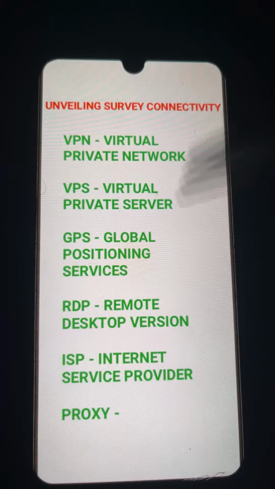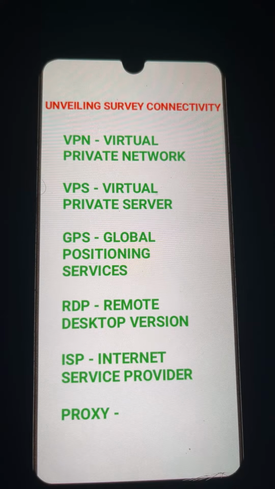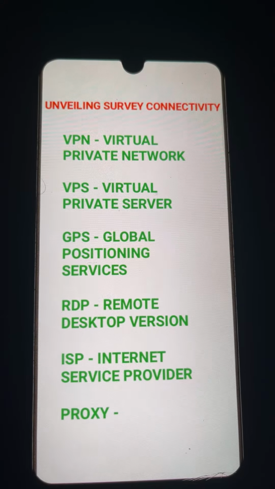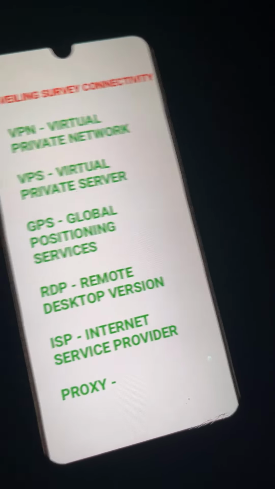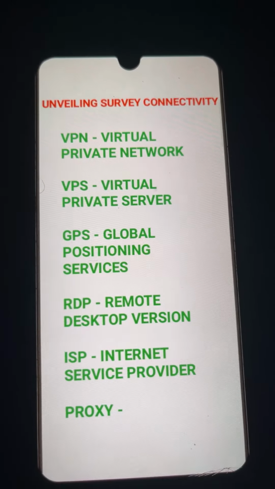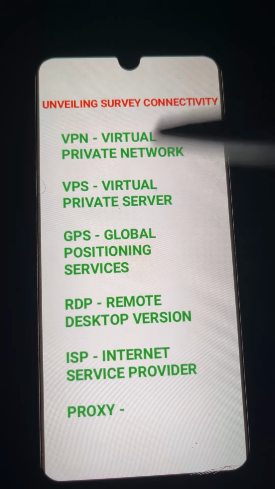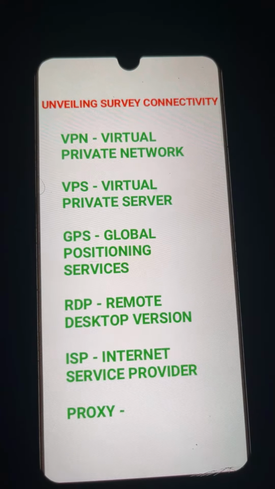The next one is called GPS. Now, GPS means Global Positioning Service. Sorry, my tripod has shifted. Let me adjust it a bit. So this GPS, this Global Positioning Service, this is what